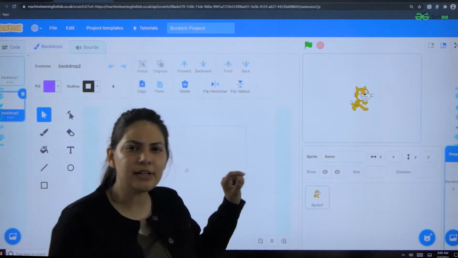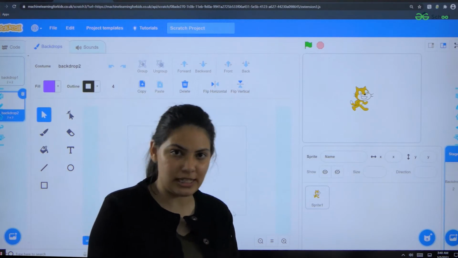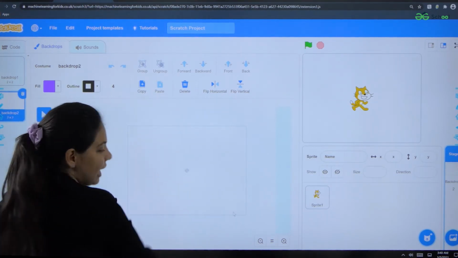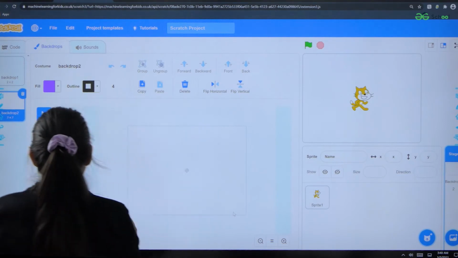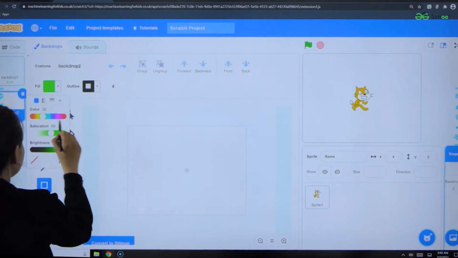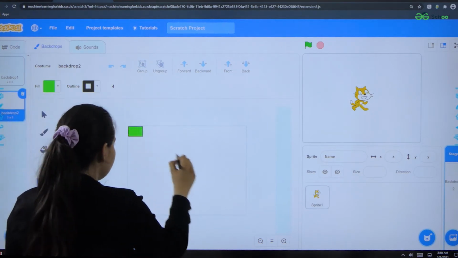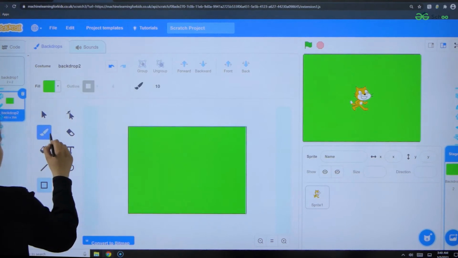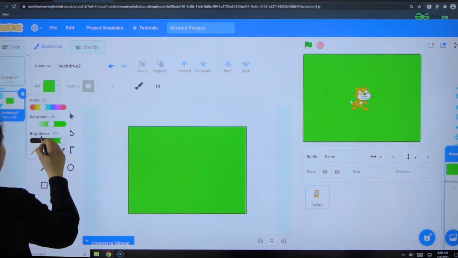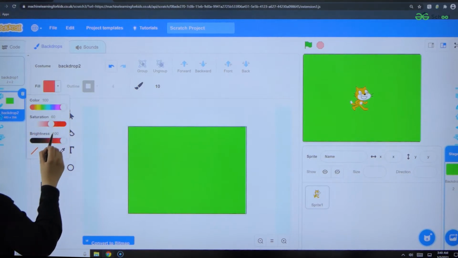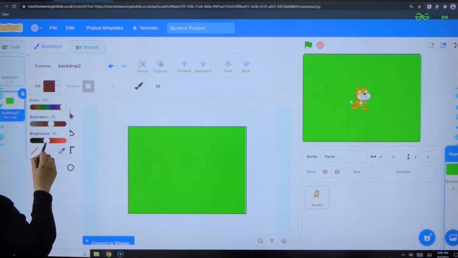So I am creating a farm sort of scene. You can create any scene. I will draw some farm scene here. I'll select the color green because a farm is generally green, and do some drawing. If you don't like drawing, you can also upload an image from the internet.